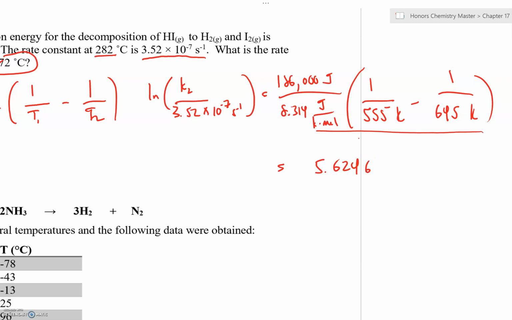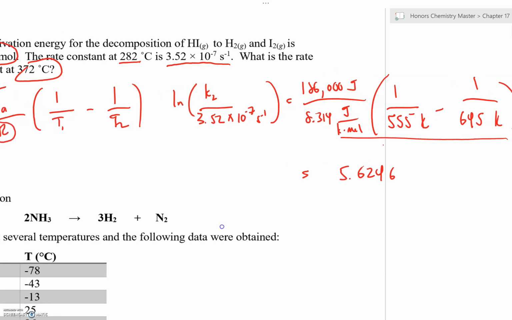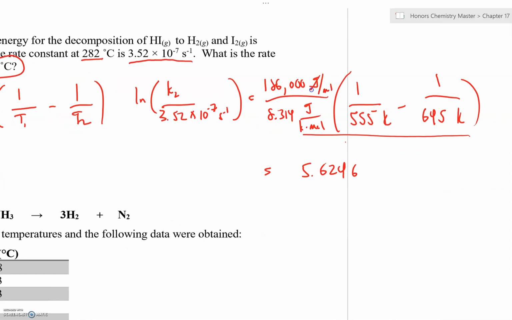So, if you're interested, there's only one unit. Actually, there aren't any because this is joules over moles. Sorry, so those cancel and that cancels. And we've got kelvins and kelvins and kelvins, and they all cancel, so we're not really even worried about our units. What we know is that the natural log of the quantity K2 divided by 3.52 times 10 to the minus 7th seconds to the negative 1 is equal to 5.6246. So, to get rid of this natural log, we're going to take the reverse function